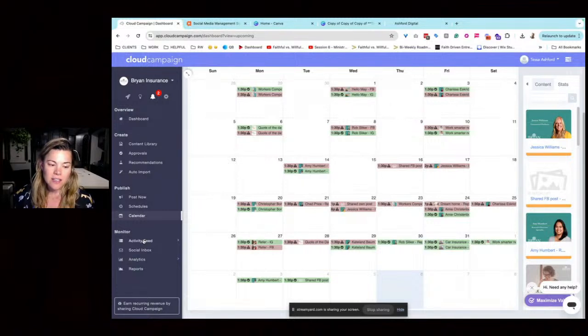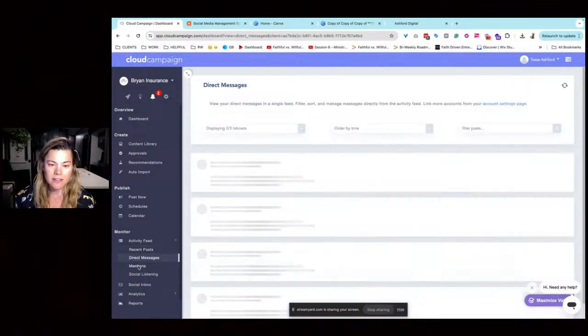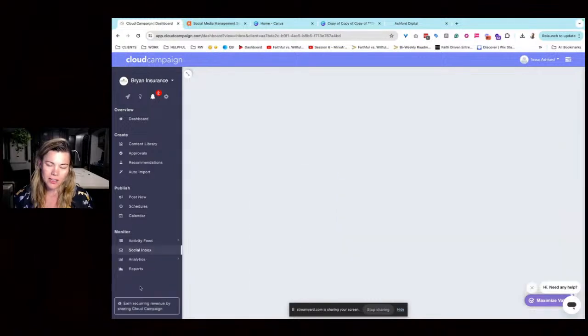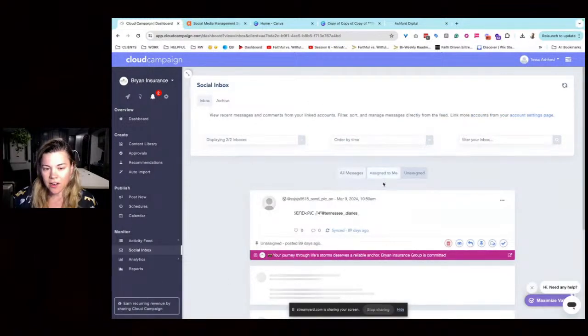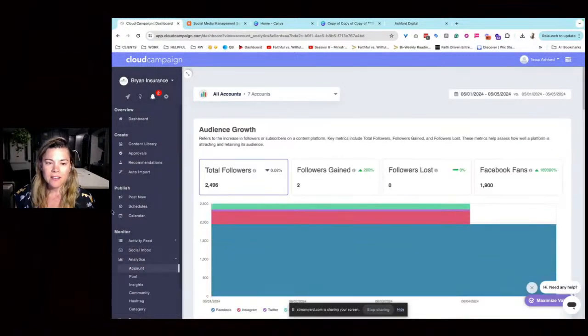And you can see activity feeds, and what's going on, direct messages, mentions, all the things, social listening. We don't have any of those in here, but you can watch for specific terms. You put the information in that you want. Plus, it has a social inbox. Anything that's going on, you're going to see in here, and you can deal with it, and reports and analytics. The analytics have actually been quite impressive, considering most of the platform analytics don't really impress me. So I've been happy about that.